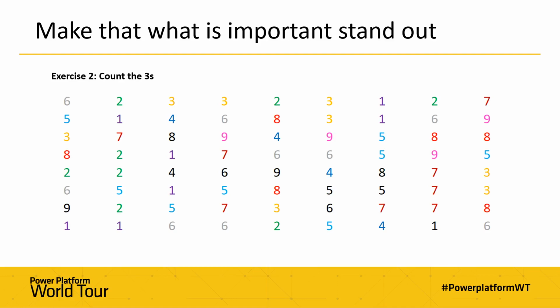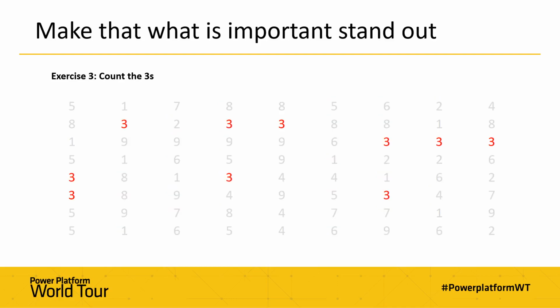And hopefully that will have been a fair bit quicker, because all the threes there are colored the same. They're all in this orange color, so once your brain has recognised that pattern, it can spot them a lot quicker and count those. But there's still a fair bit of noise, and you can probably see where I'm going with this next. Let's try it the third time. Now count the threes. And pretty much straight away, you would have got that as 10. You've seen that there were 10 threes and they really stand out for you.